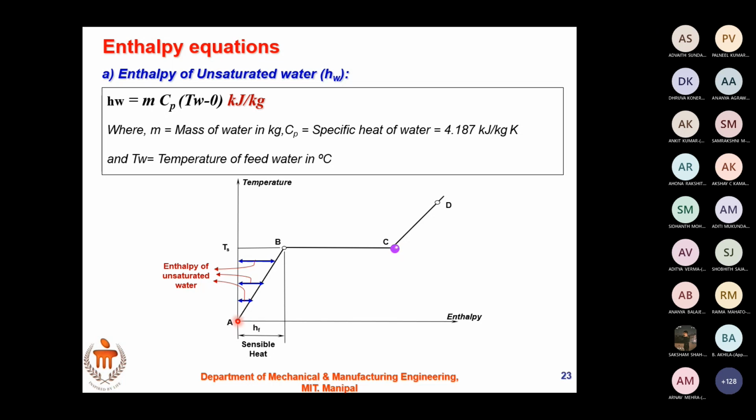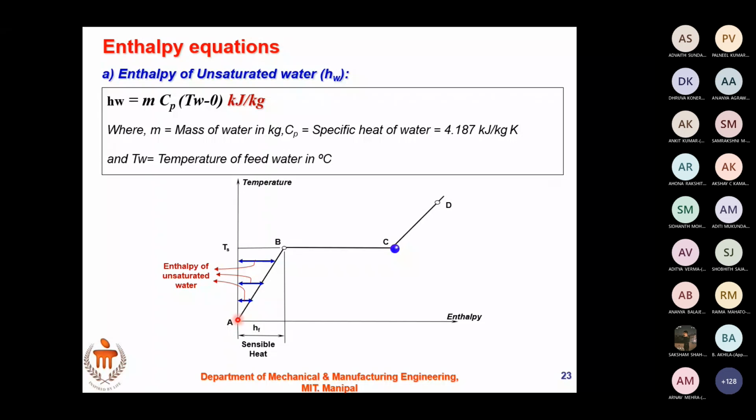At this point, what do we have? Would it be the superheated steam? No, right? At this point, what do we have? Ma'am, are you pointing at the A one or the C one? You're seeing the laser pointer here, red color? Yes, ma'am. What is this? The A point, right? That's the enthalpy of saturated water, right? So that's the unsaturated water. No, I'm just telling you, what do I have at this point?